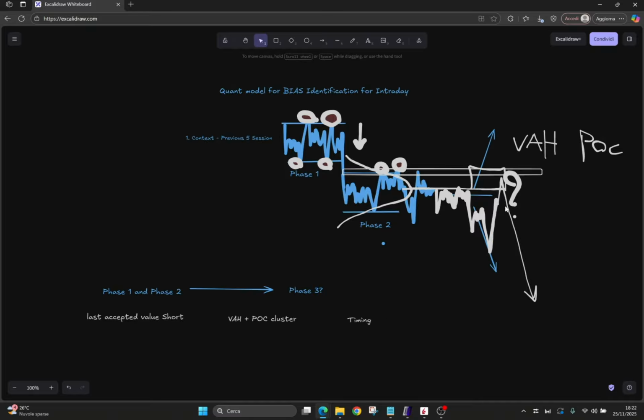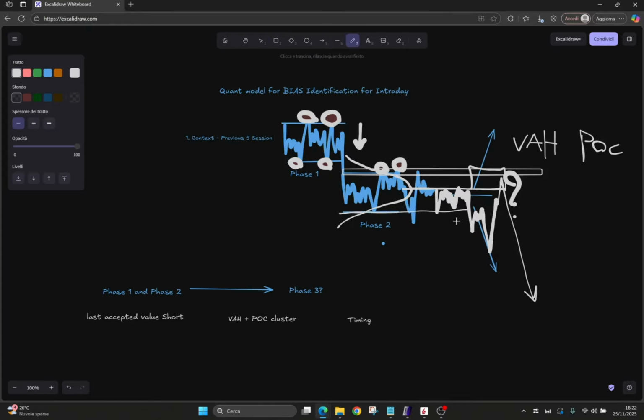Why do I say three areas? Because this is more rare, but in a super directional day, a really super directional day, like a tweet from Trump or something like this, the market opened the session, tested the value area low and collapsed. But this one, it's really not so common. Okay, it's not so common. Here,